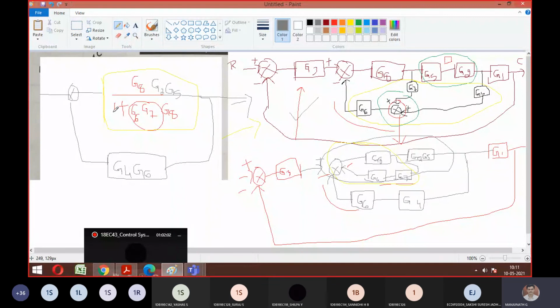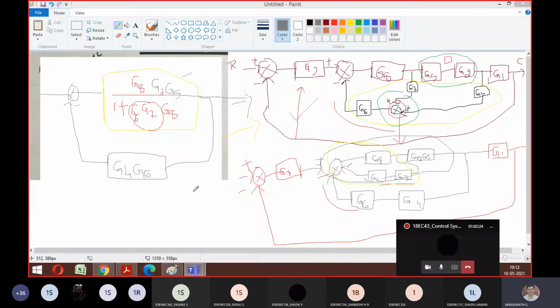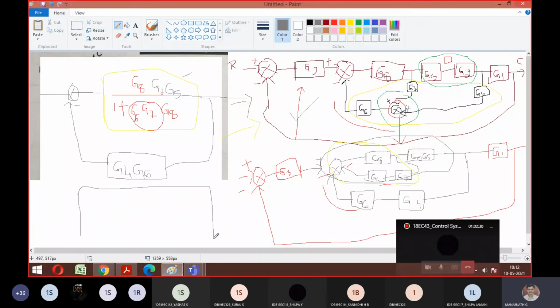So the formula is G, this complete term, whole divided by, since minus is there, 1 plus this G into this H. So if you eliminate that, what is the new answer? Let me know. I'm going to write one complete block. In this complete block, I want the answer, guys. So it's the elimination of this feedback path. G is nothing but the complete one, G8.